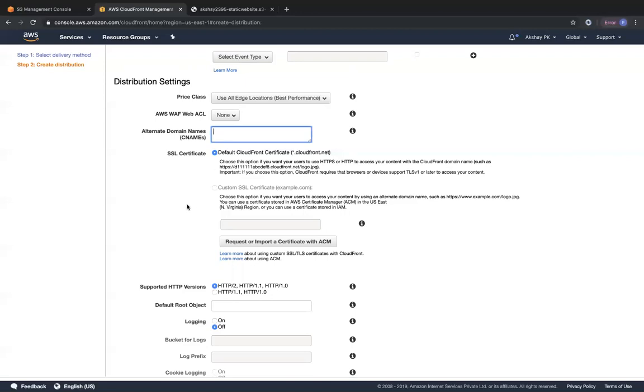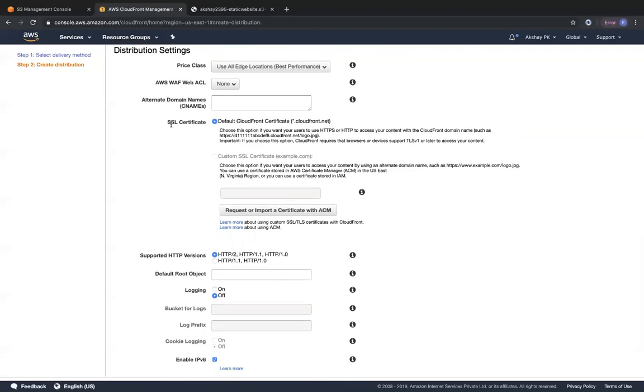And by default, CloudFront works with an SSL certificate. So by default, you will get a default SSL certificate that serves your content over HTTPS, and the default SSL certificate is going to end with *.cloudfront.net. But you can also present your own SSL certificate over here, and you can get that SSL certificate from AWS Certificate Manager. That is one of the services in AWS that presents you with SSL certificates free of cost. So if you have an SSL certificate, you can present that over here.